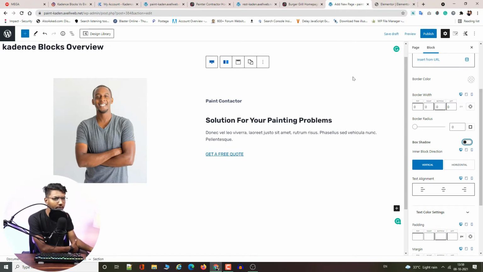But if you are familiar with these terms, and you know the effect of these on your page design, you can use Cadence blocks seamlessly. It's not that hard, right?